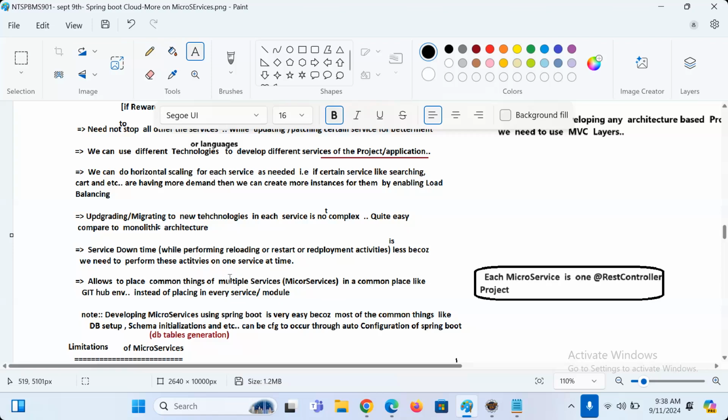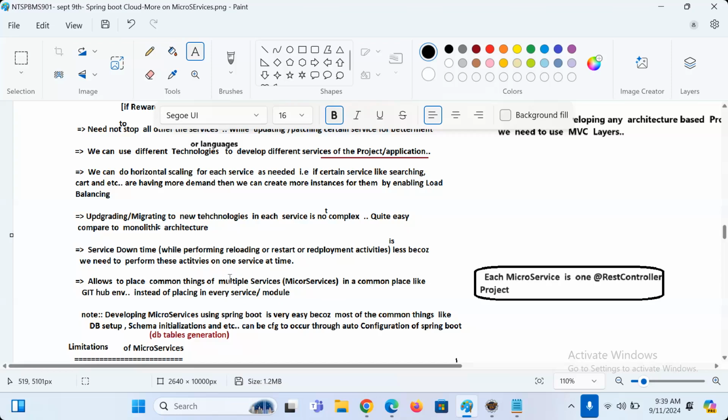Common things, guys. For example, all projects are talking to the same Oracle database. Is there any meaning of writing common JDBC properties, common data source properties, common JPA properties in every project? No. You can place them in a common place like a GitHub account kind of thing. From there, you can collect and use it.